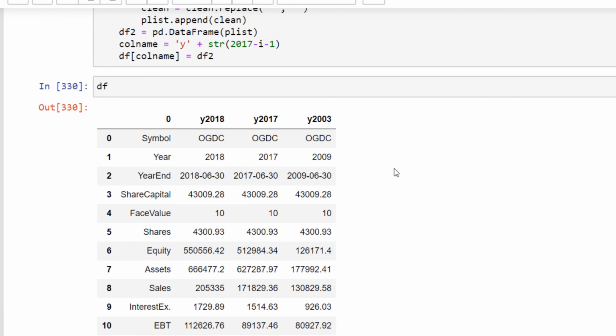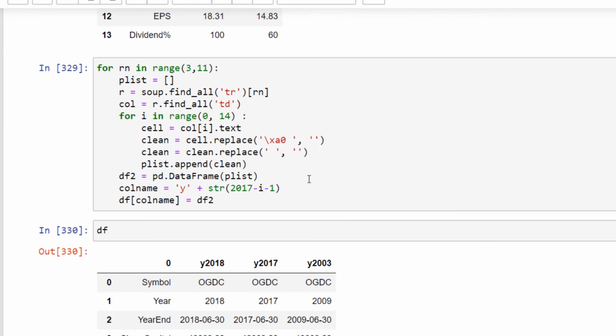So we have some results, and it went up to the last one, but we don't see the other columns. Let's explore what might be causing this.